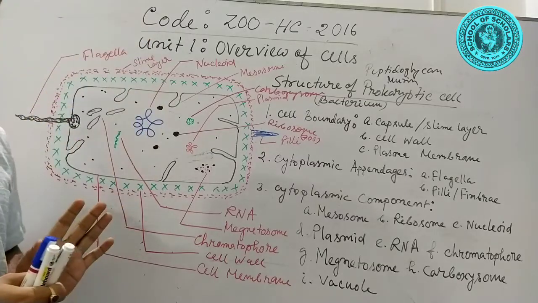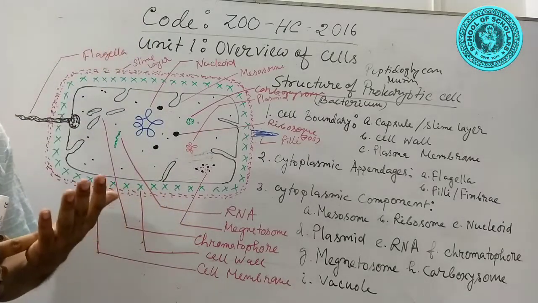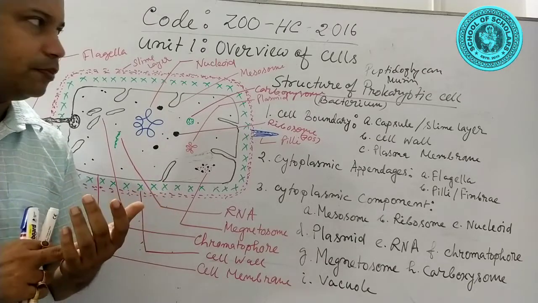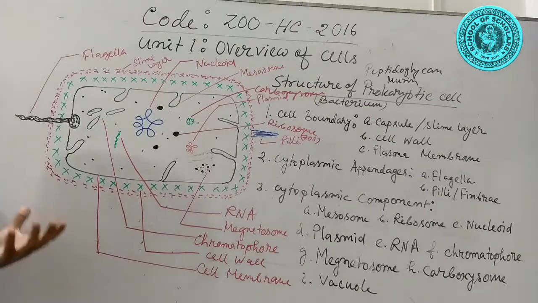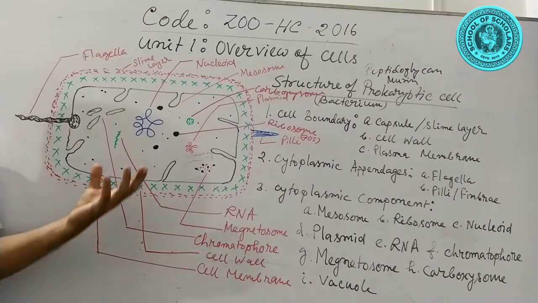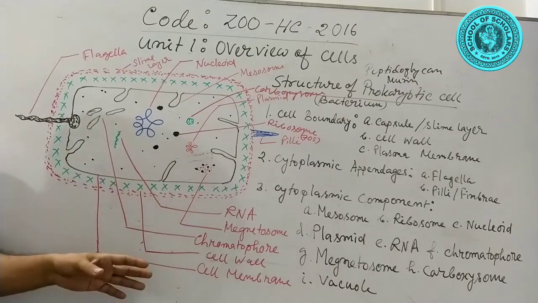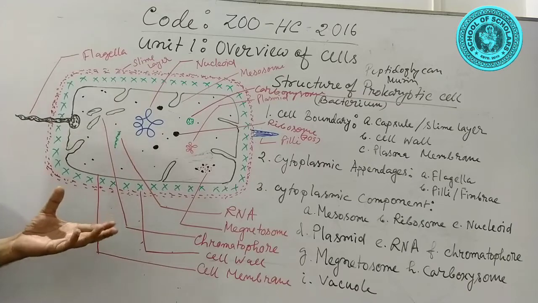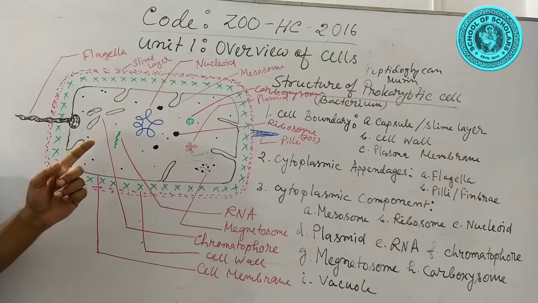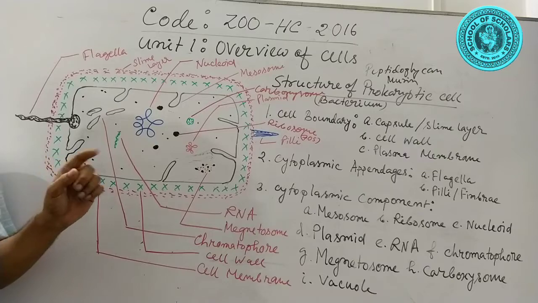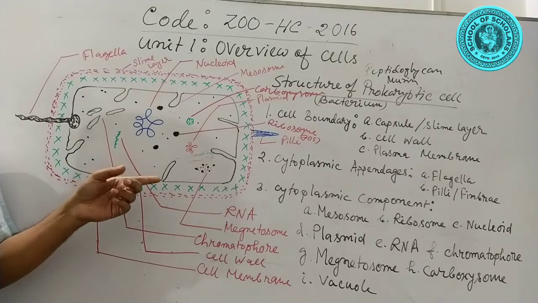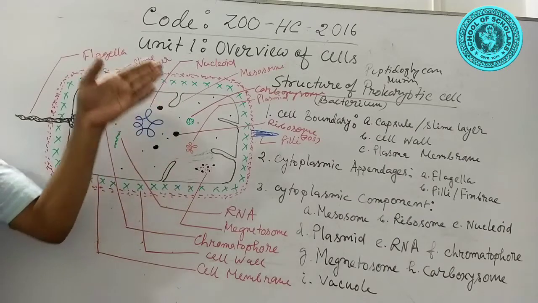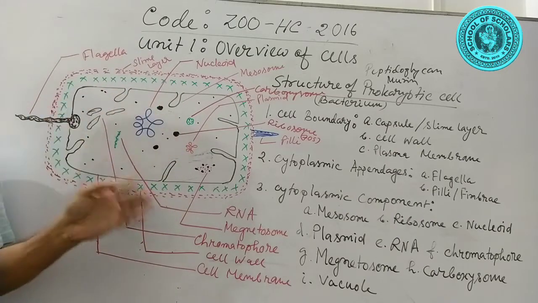And this is the total structure of a bacterium, and the bacterium is the best and ideal representative of the prokaryotic cell. You see the total diagram, and you can also copy this information from this. After the end of my lecture, I have already included the information of this lecture.